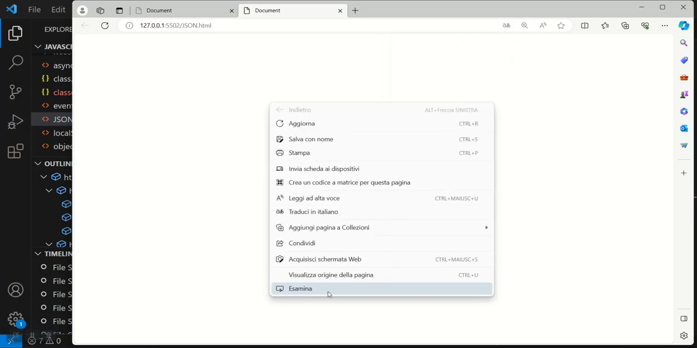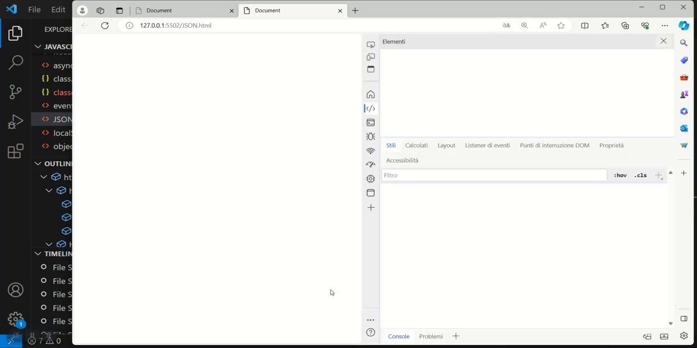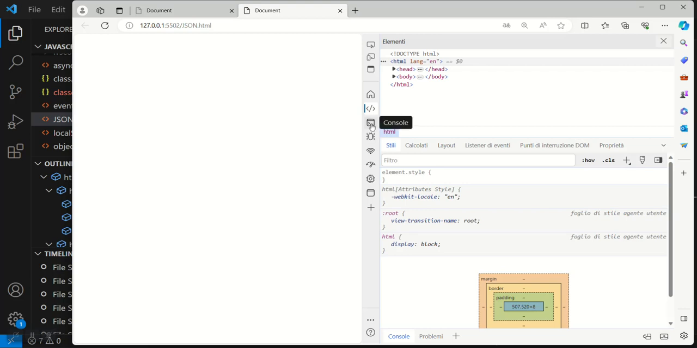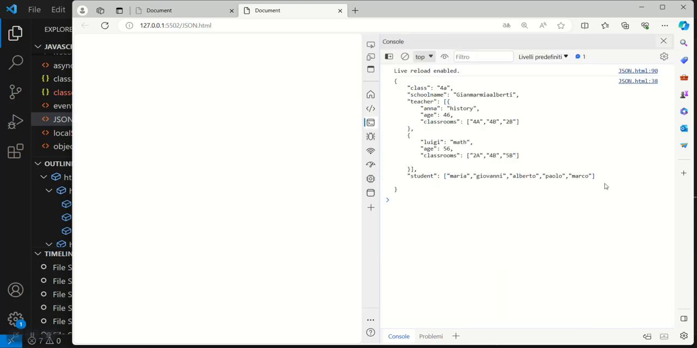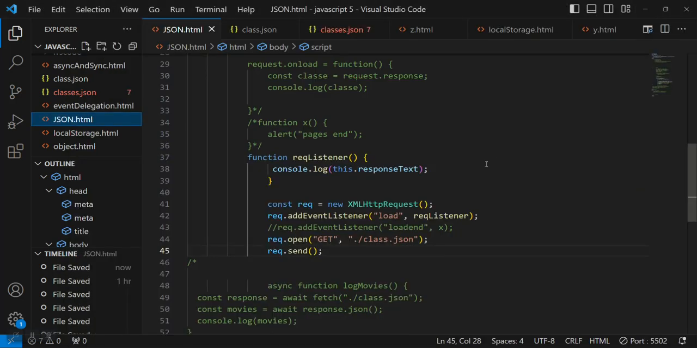Okay, we inspect, and you can see in our console we have a string that is our JSON. Of course, we can do something with it. This is just the beginning. Now we get the data that we wanted. Other things that I want to say about XML HTTP request